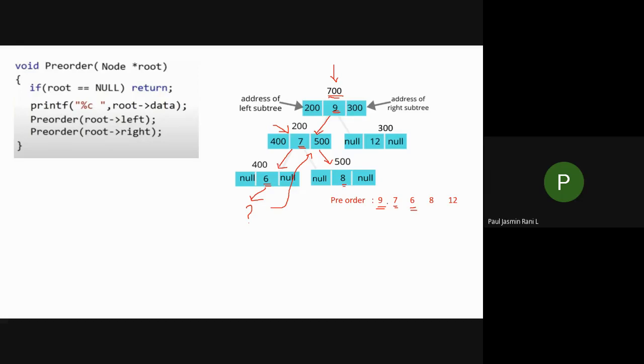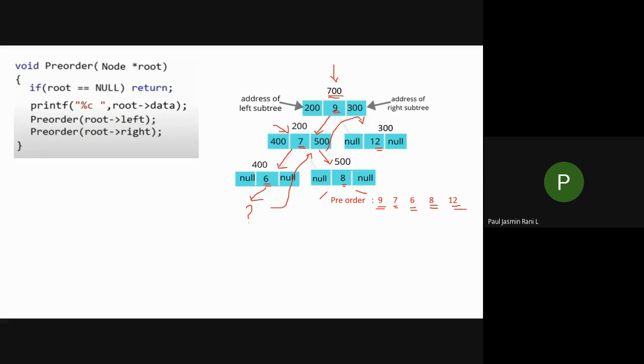I'm going to print that one. After this, I don't have any left or right, so again I go back to this side. When the left subtree of the main root is over, then I have to give preference to the right side. So after this, I am going to print 12. So 12 is printed. This is how we see it manually, isn't it?